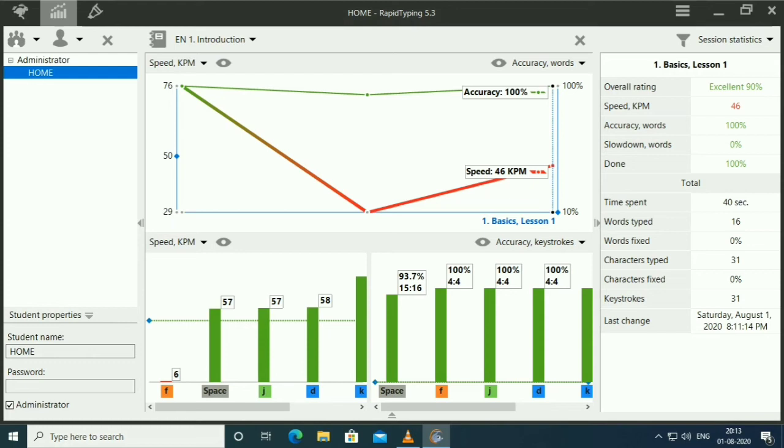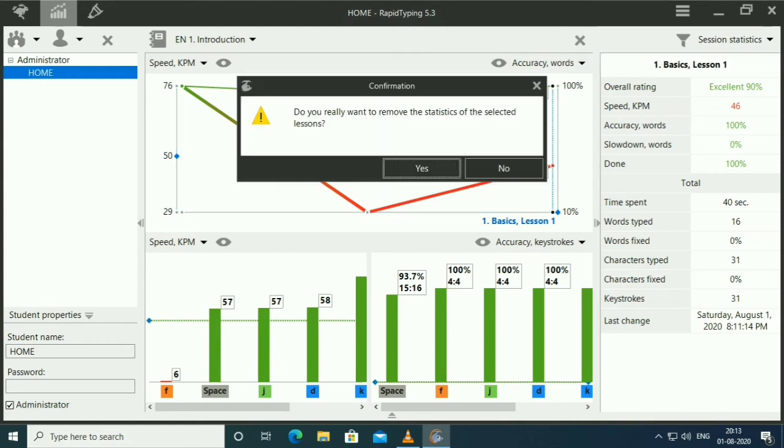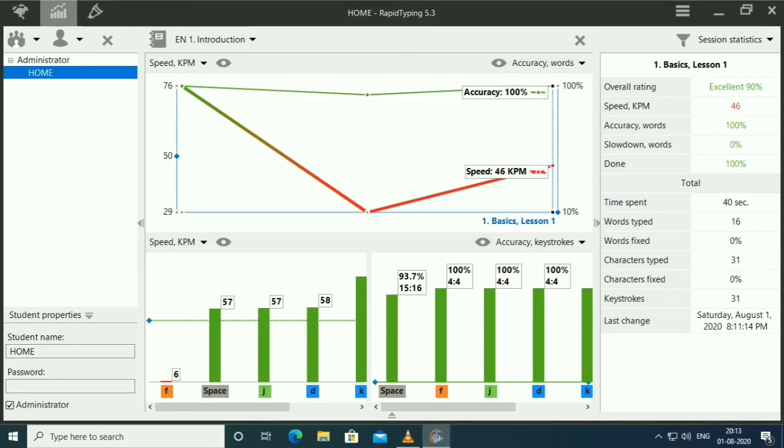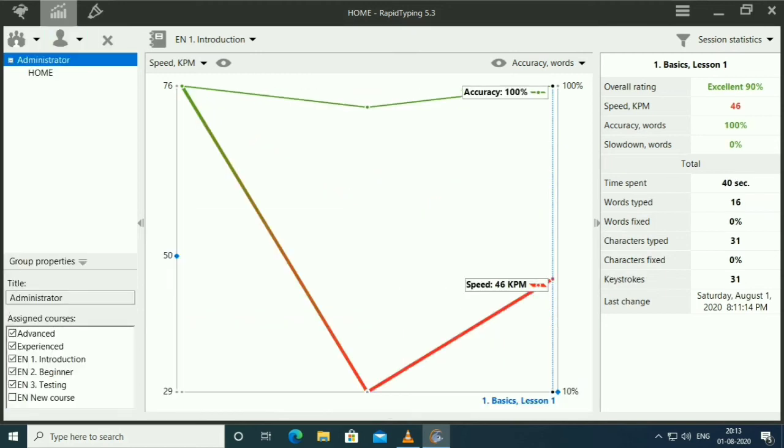Using the statistics option, you can review your overall statistics and progress both in graphical and table view. Click the button in the top left corner of the window or press Ctrl 1 on your keyboard to see your CPM speed. Click the button or press Ctrl 2 to see your WPM speed. Click the button or press Ctrl 3 to see how your typing accuracy changes in the different lessons. To remove a metric from your statistics, select a lesson in the right table and click the button or press delete on your keyboard.